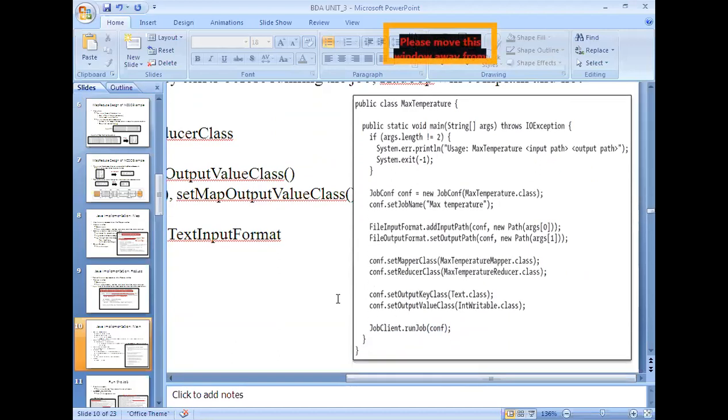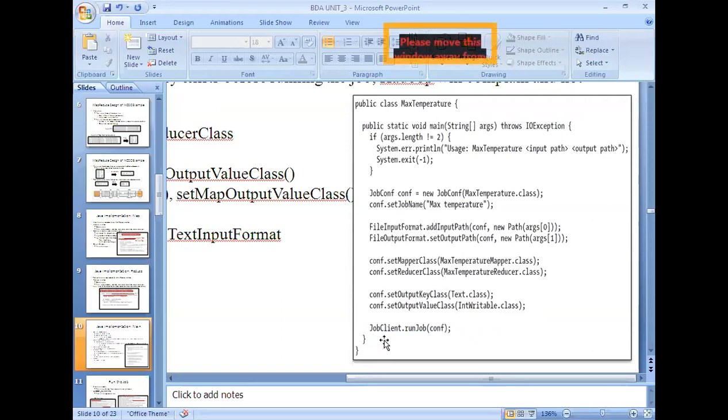And finally you need to specify the output key value classes. Configuration dot set output key class is equal to text dot class. These two are the data types of the output key and value of the reducer logic, the reducer function, right?